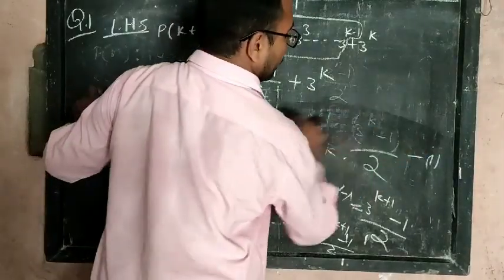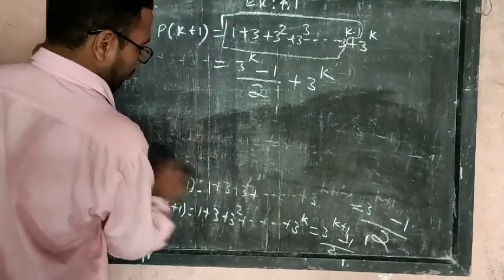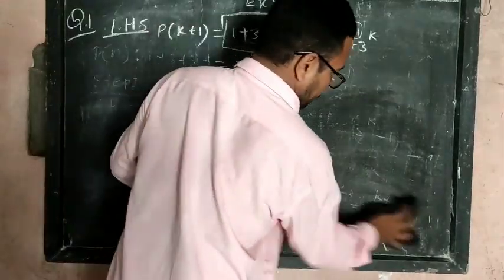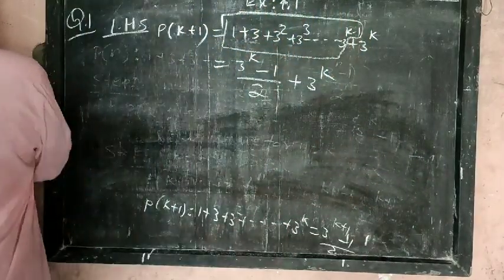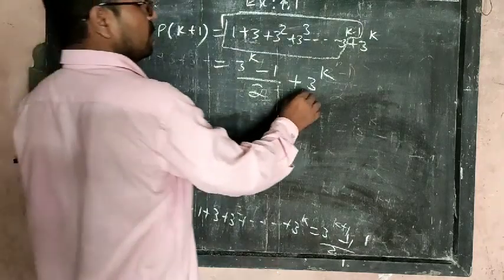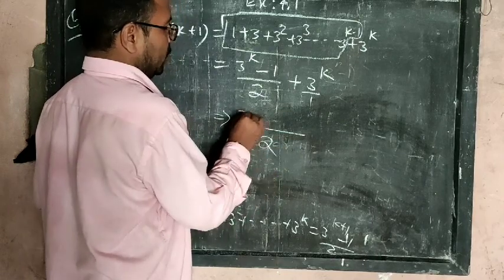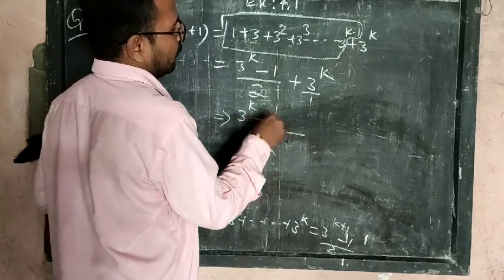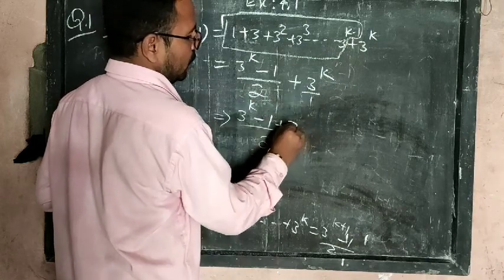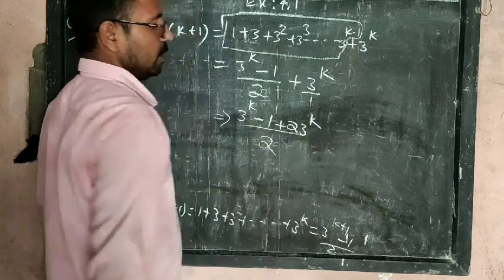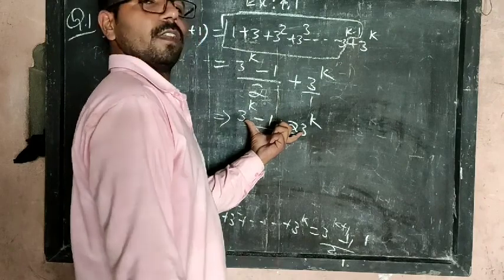No one should have a problem up to here. So what will we do here? First we will take the LCM. How much will you get here? The LCM is 2, and with 3 to the power k minus 1 we have got here, plus these two, it will multiply here: 2 into 3 to the power k. This much we will get here. So now students, what do we have to do? We can take something common.